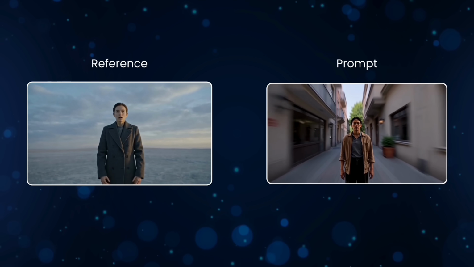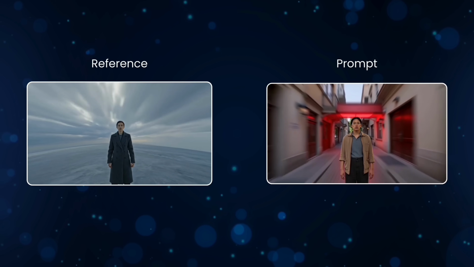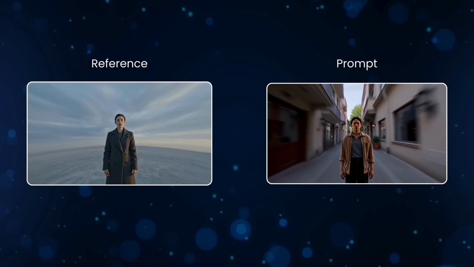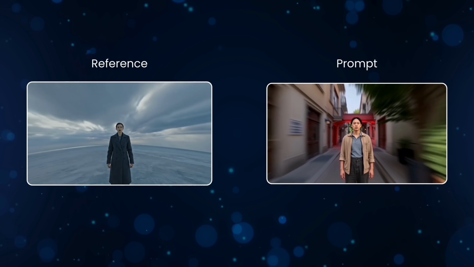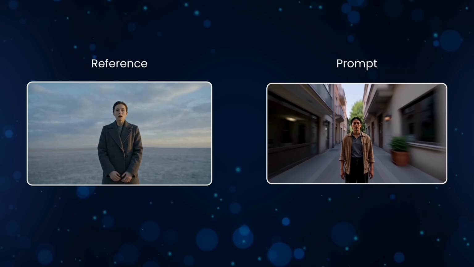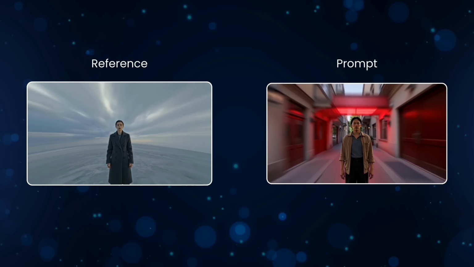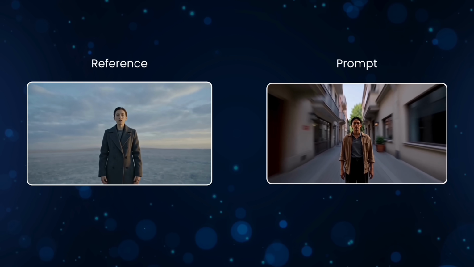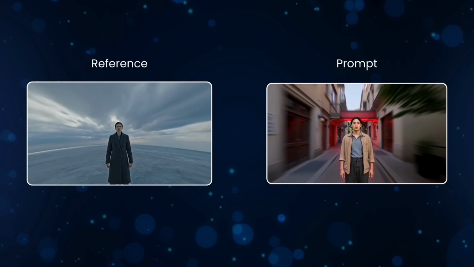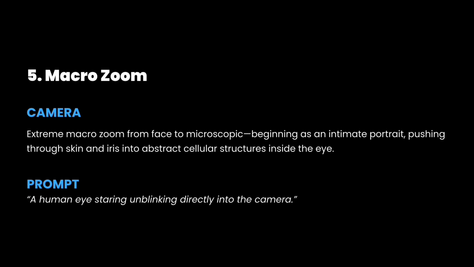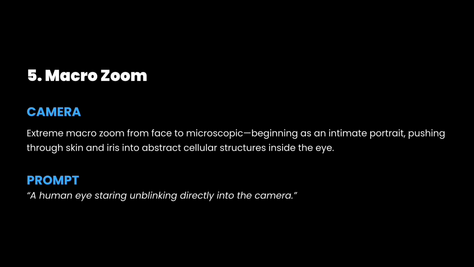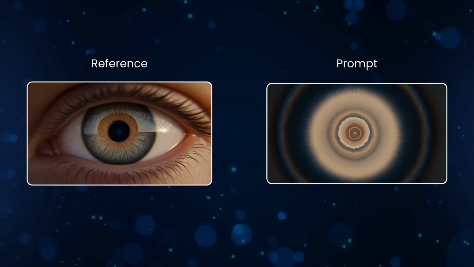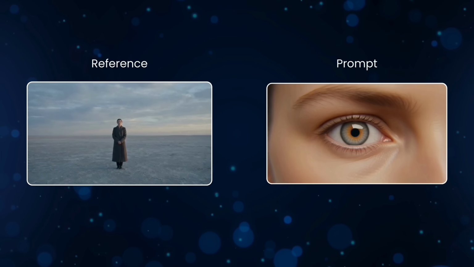This camera move pairs backward motion with an opposing zoom to distort space and create psychological unease. It conveys inner panic or sudden realization while keeping the subject dominant in frame, and works best during moments of shock or fear in confined, depth-rich spaces like corridors or stairwells. Number 5. Macro zoom. This angle uses an extreme macro push-in to create a sense of penetration and discovery, turning